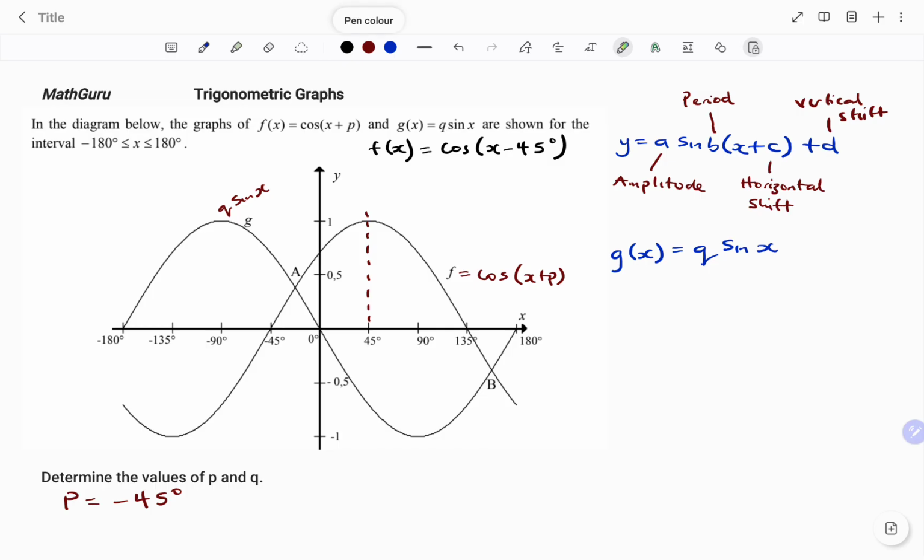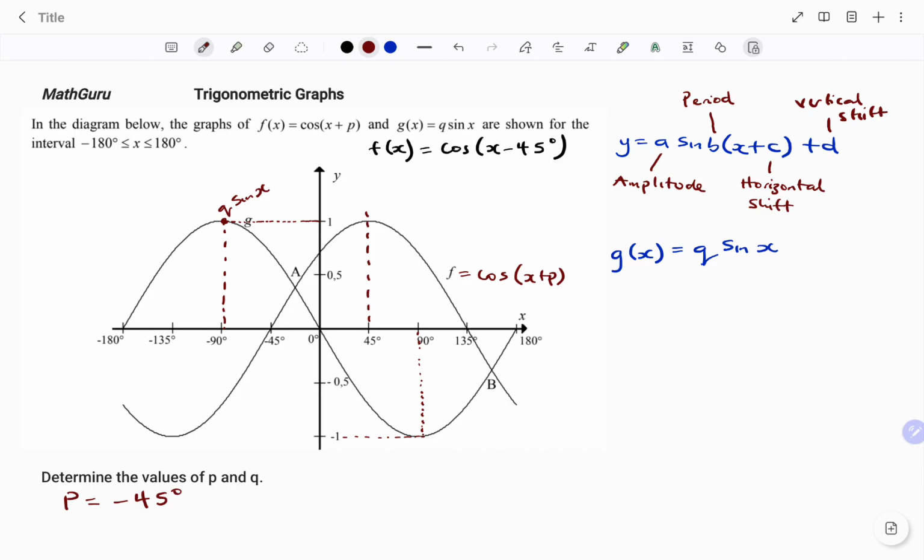So if I go back to the diagram and I use my function, the g of x, the maximum displacement as shown, if I trace it back to my y values, is 1, or if I'm looking at my maximum depth, that is going to be at negative 1. But before I go ahead and say that the value of q is positive 1, I need to be sure that